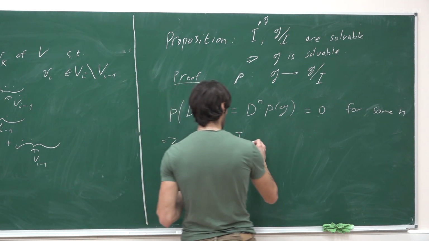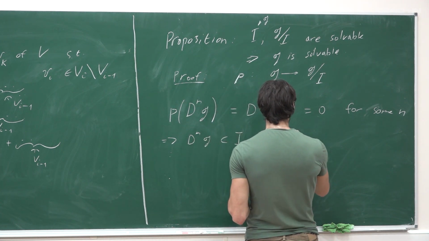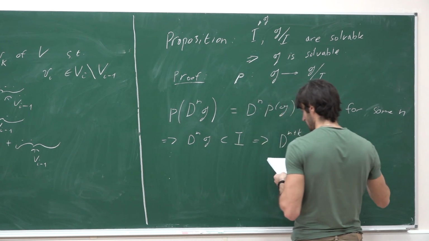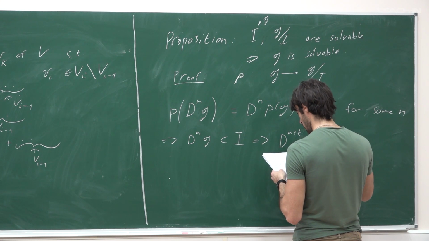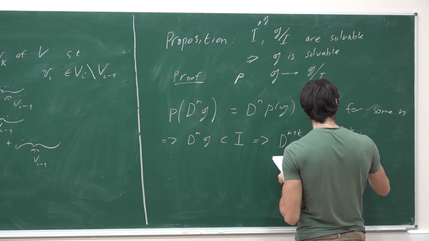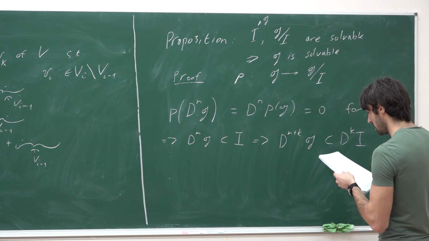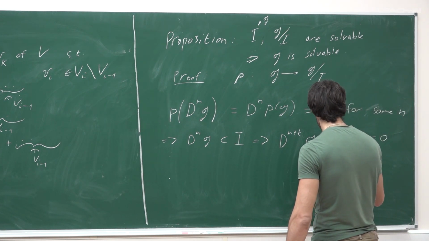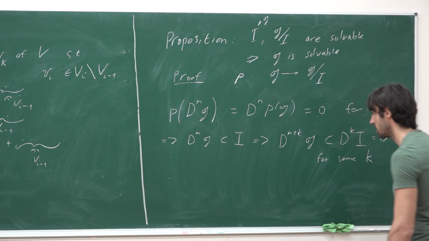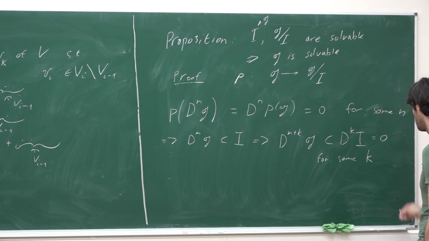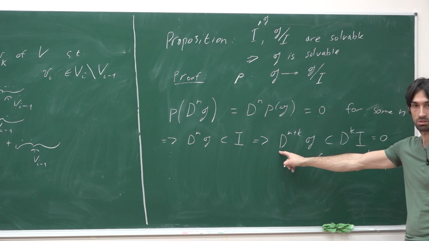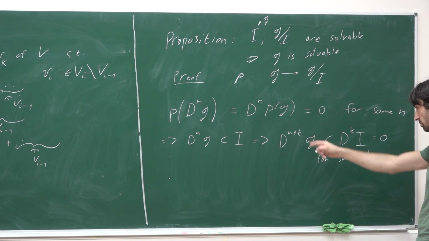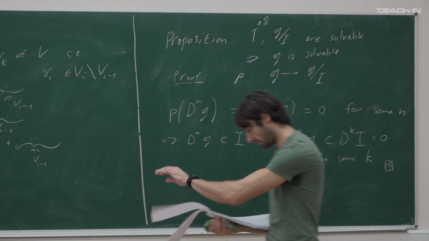So therefore, d^(n+k): we take and then derive a sufficient number of times more, right? So it's inside d^k I, and d^k I for sufficiently large k is just 0 for some k, right? It's just from the solvability of I, and we're done. So there's a number such that an element of the derived series corresponding to this number is just 0. All right, so now